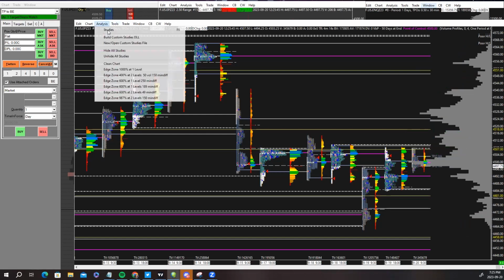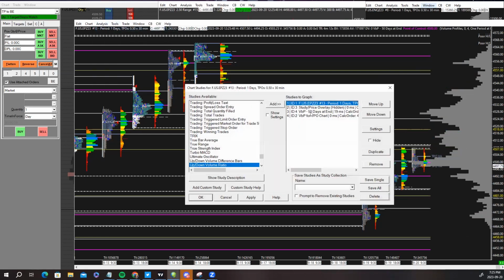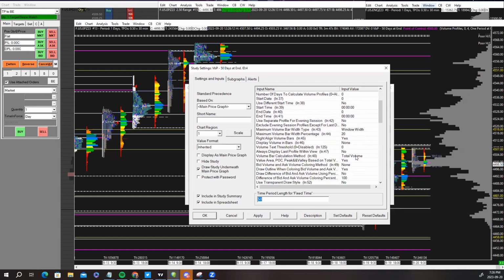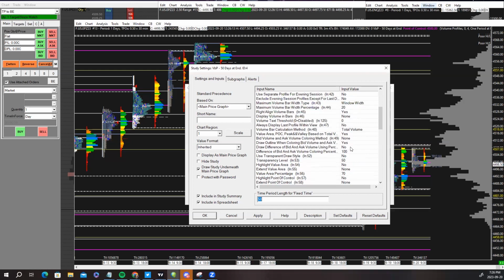So if I look at that study, I'm going to go into these studies here, and you can see there's not that many studies, but again, I'll be adding a volume by price chart. And in this case, I'm going to create a volume profile that has a 1 period at end for fixed time, right? The fixed time length. So I make sure that's a 50-day time period, right? I make it a 60-day, 50-day, right? They're kind of interchangeable. So that's the main concept here. Total volume, again, I don't differentiate between the colors. So you got to make sure that's for a fixed time period. I align it to the right as well,